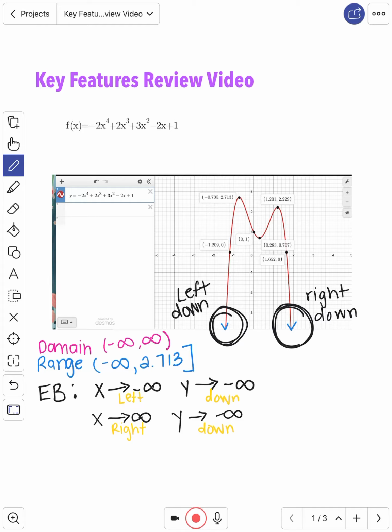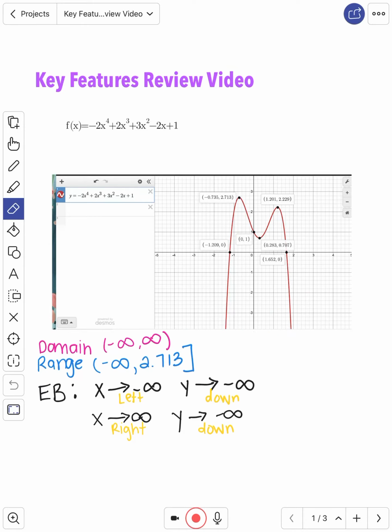So honestly, you're just telling me, is your left going up or down? Is your right going up or down? We're just going to use infinities. And sometimes you'll actually use values. I should have an example that shows that in a little bit. All right. So we've done end behavior now. So now let's talk about